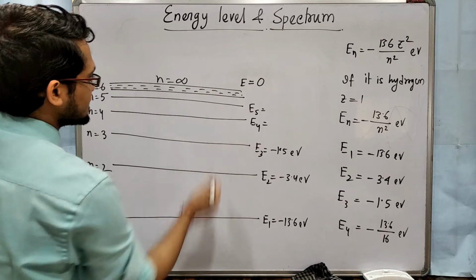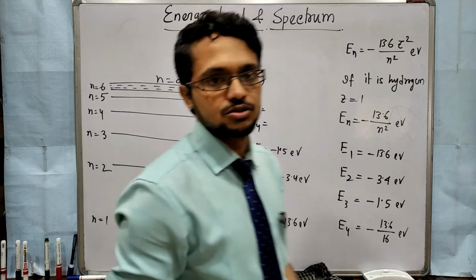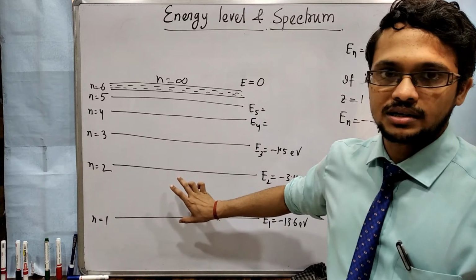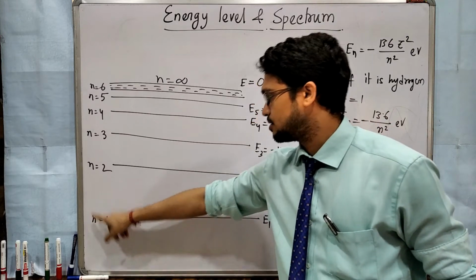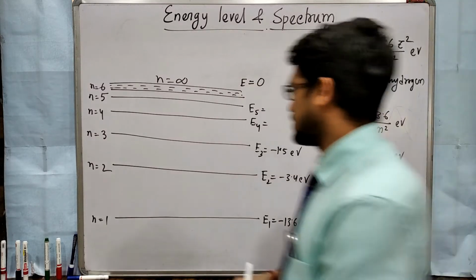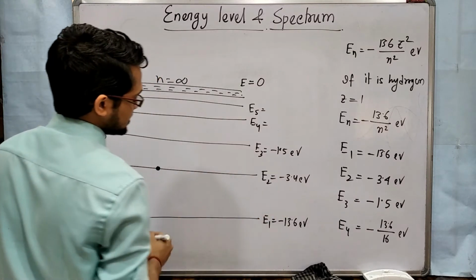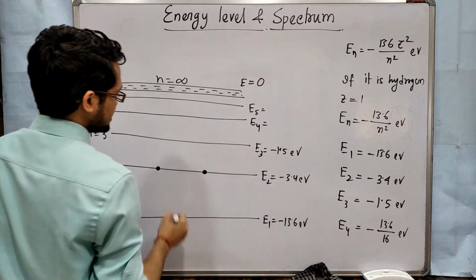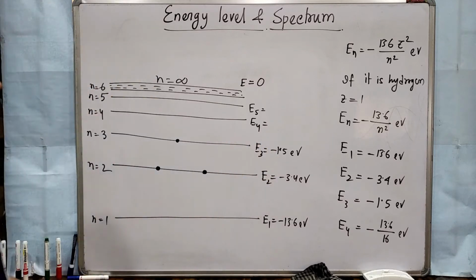So in this way the energy is increasing. When you are asked to draw the energy levels, suppose 4 energy levels, then you will draw 1, 2, 3, 4, keeping in mind that the gap will go on decreasing. Here you will mention n equal to 1, 2, 3, 4, and here you will mention the energies. If any electron is present here, that electron will have total energy this much. If another electron is present here, that electron will also have the total energy this much. If an electron is present here, that electron will have energy this much. Clear?